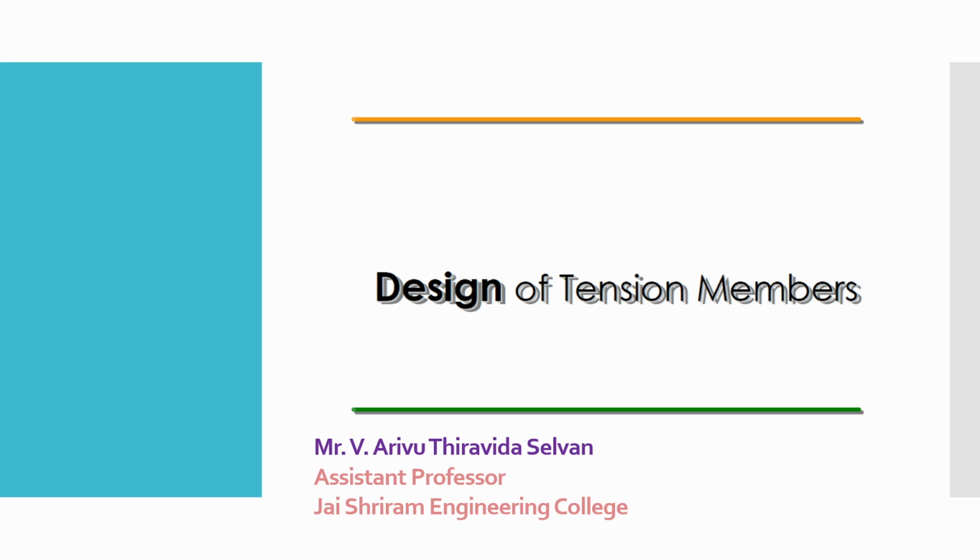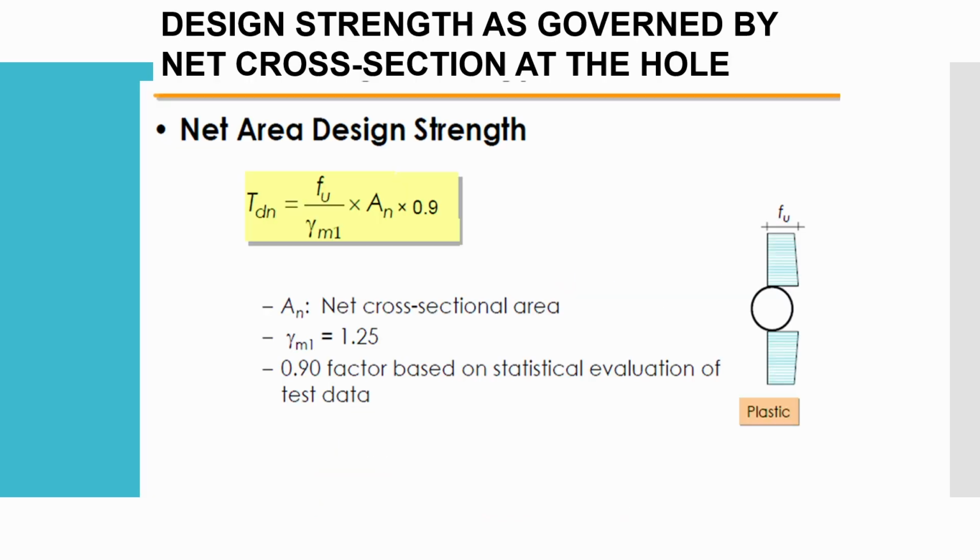Good morning, everyone. In this session, we will continue our discussion on tension members, focusing especially on block shear failure and design strength governed by net cross-section at the hole. In steel design, it is important to check different failure modes to ensure safety. One such important mode is failure at the net cross-section, especially near bolt holes, and another critical mode is